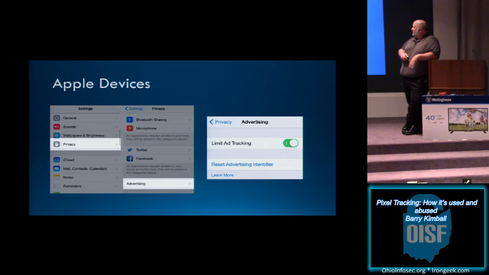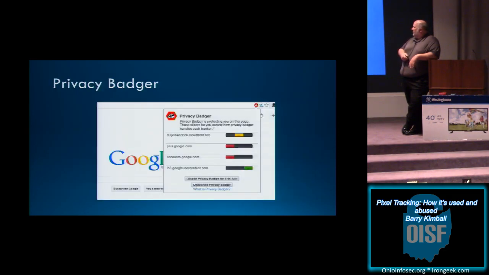Apple devices, like I said, with Safari and stuff like that, have built-in ad blocking. They call it limiting ad tracking on their iPad and iPhone, and there are settings to enable that. Privacy Badger, I've not personally used it yet, but it's pretty similar to uBlock Origin. You can do a whitelist, red list, or neutral, and I'm not entirely sure what the yellow does, but